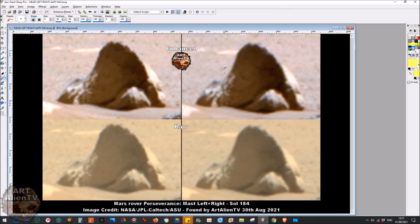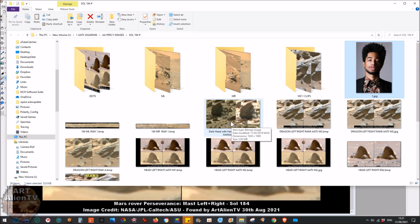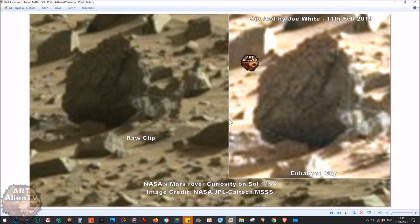It's like a long afro, but it's kind of cropped at the sides. It's sort of sticking up. And this is one I found ages ago. But this is a different type of what seems to be afro hair. And this is very, very eroded. This is a close-up of one that I found